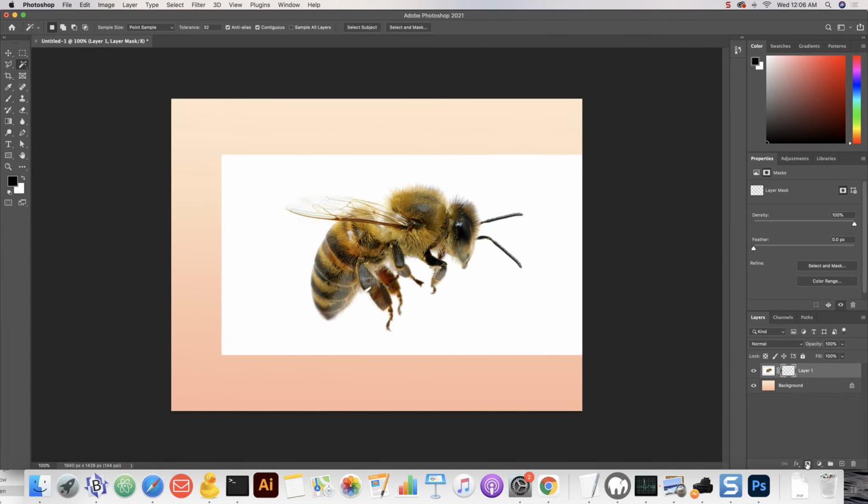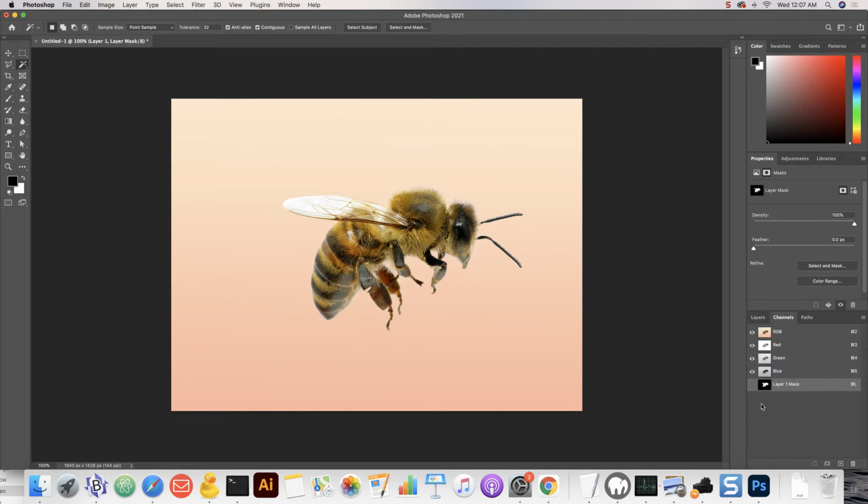And I'm going to click that mask button. And now you can see here's the mask right here. Now, one thing that's not so great here is that the wing is white because it was on a white background, but it's transparent, so it should be showing pink through. So one thing that I can do here is I can